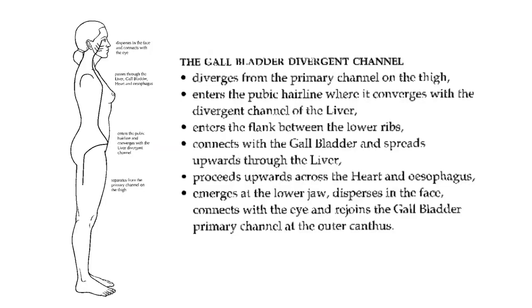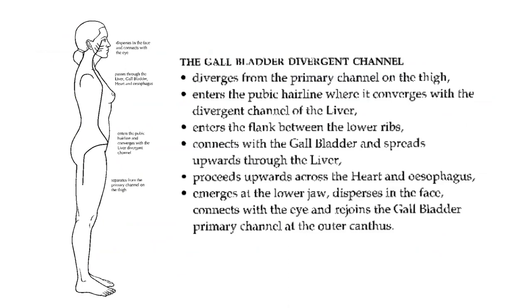To recap, the gallbladder divergent channel diverges from the primary channel on the thigh, enters the pubic hairline, where it converges with the divergent channel of the liver, enters the flank between the lower ribs, connects with the gallbladder and